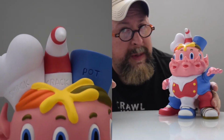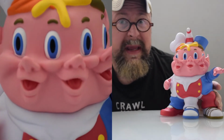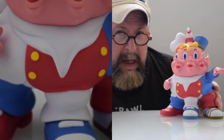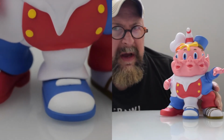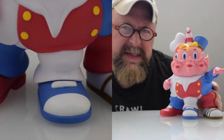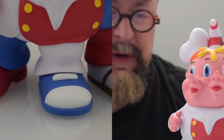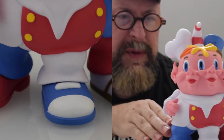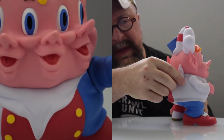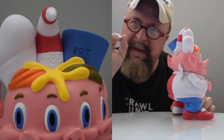Unless you are going to his personal website at Propaganda and checking out the limited smaller editions, which do come in editions of 100, which are different, more bright, psychedelic, strange, Eastery colors. My recommendation for this, with these crazy elfin ears, look at those, they're like pig elf ears. And I love this tie of the apron right in the back. There's just so many perfect little